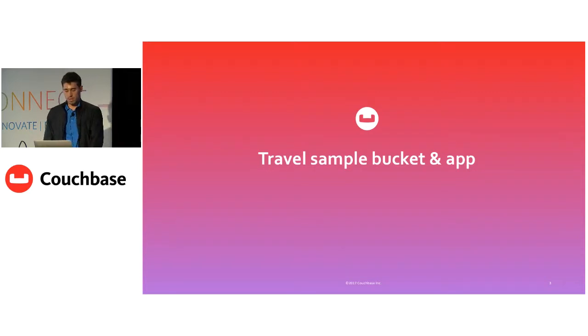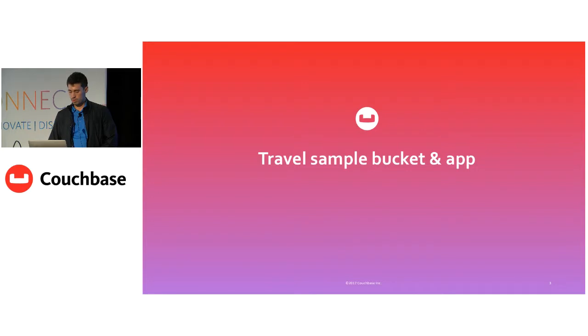So the travel sample application, let's have a look. Okay, so if you go to the server documentation, there are instructions on how to start it. I'll show you quickly. So that's the travel sample app, and I've just followed all these instructions, and I've got it running on my laptop. So I'm going to log in,